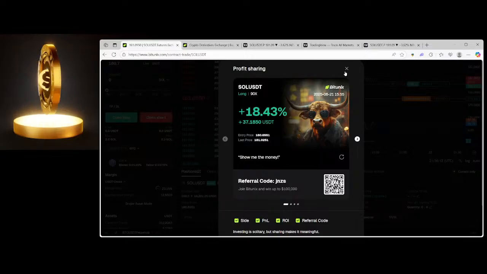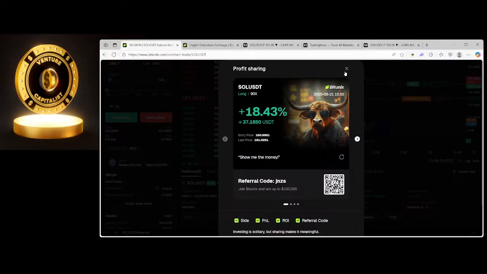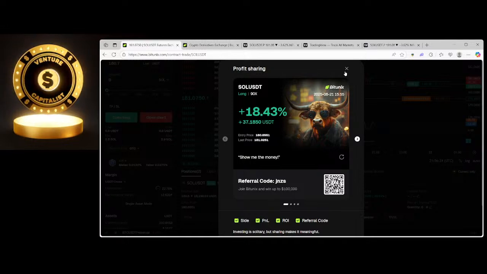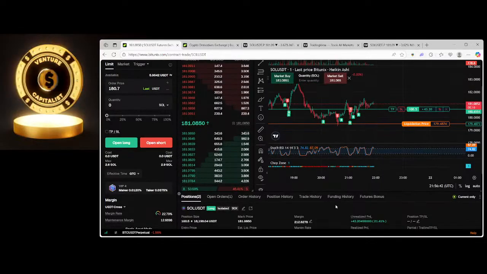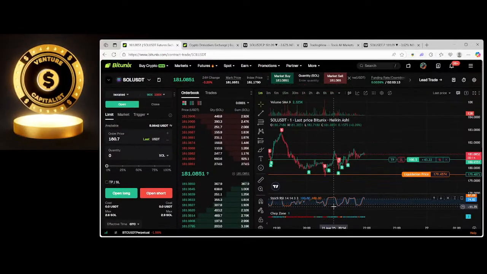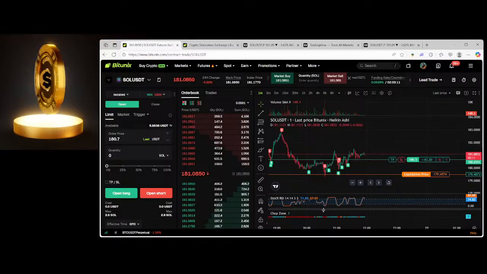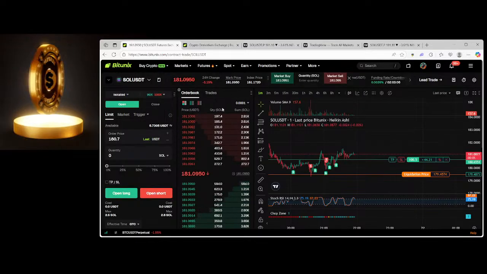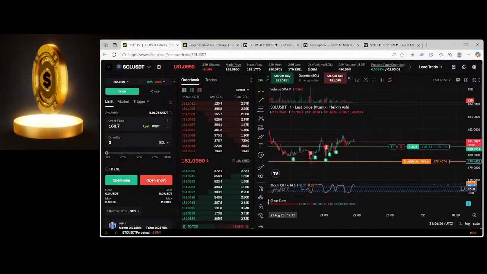No KYC. The reason why I use this is because there's no KYC, no VPNs. Once you have that, you can come over and do what's called copy trading. Once you're in there, you can find me, and with that referral code, you can find me with that code. So now,